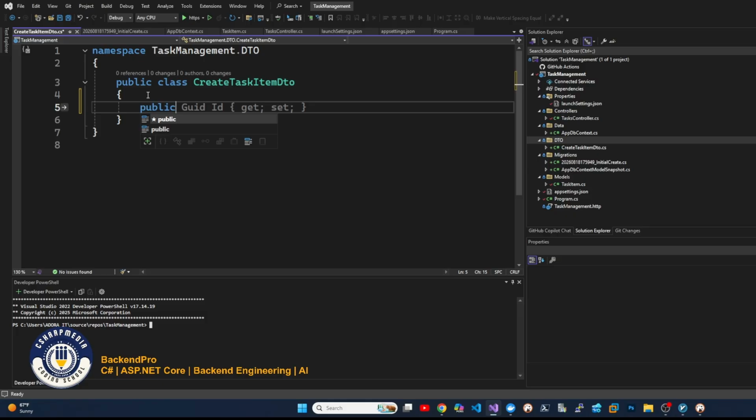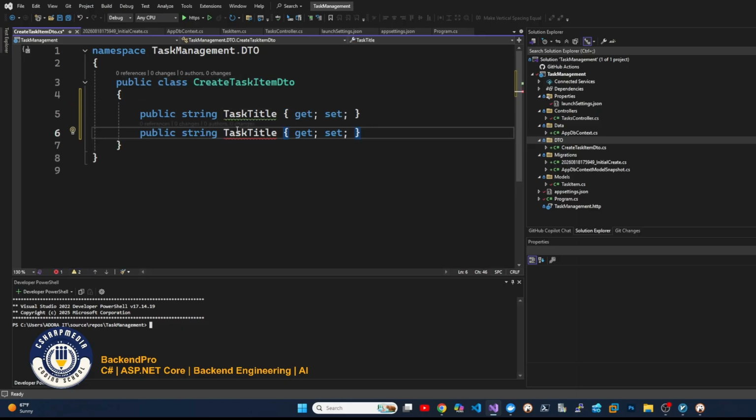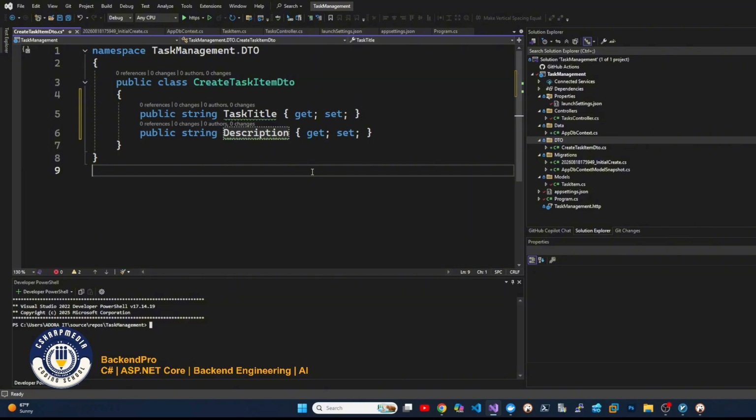The first one is public string task title, and get set. And after that, another string is description. Maybe you ask yourself, hey, why don't we have ID? Why don't we have is completed here in my DTO? Because when a task is created, we can decide that it starts as incomplete. For example, when we create a new task, it means we didn't complete that task,